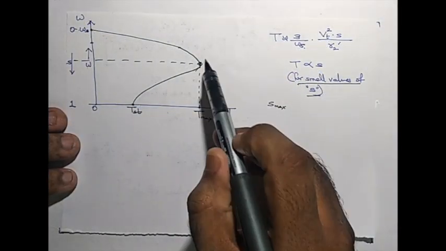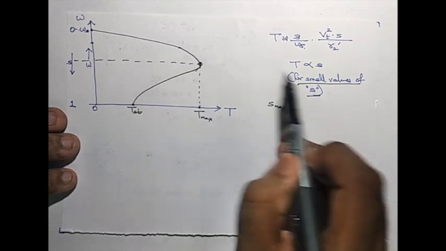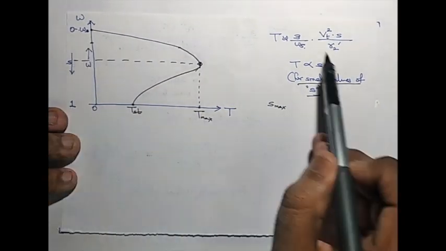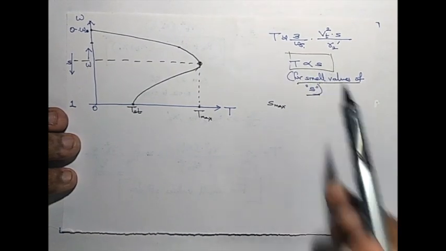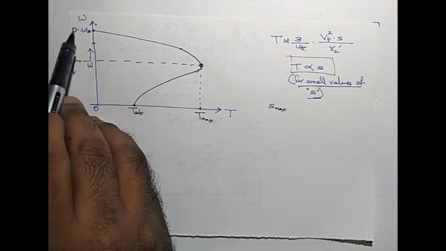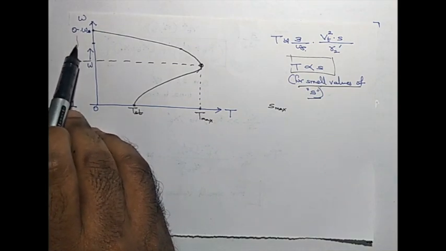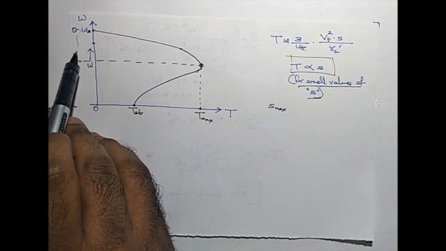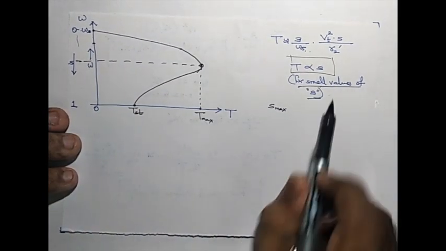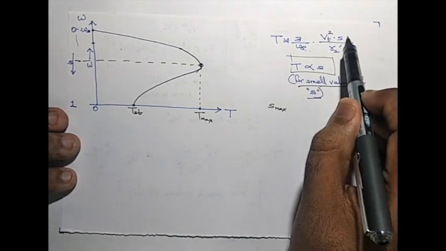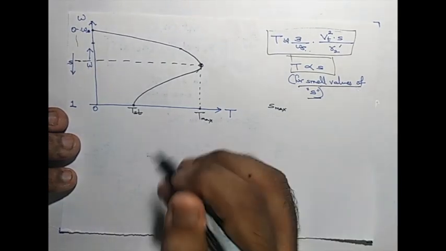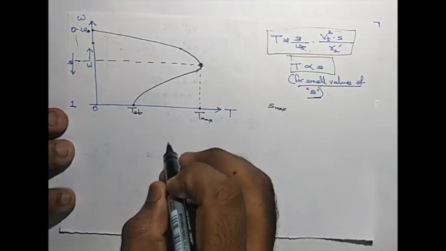Now let's see why the shape is like this instead of a straight line. That is because the assumption we made, this equation of a straight line, is true only for small values of s, and that is no longer true once the slip reaches somewhere here. Close to this area it is true because slip is very small, whereas as slip increases this equation will not hold. Because of that reason, this is not the equation to be followed for this portion of the curve. We will have to go back to the original equation itself, which is